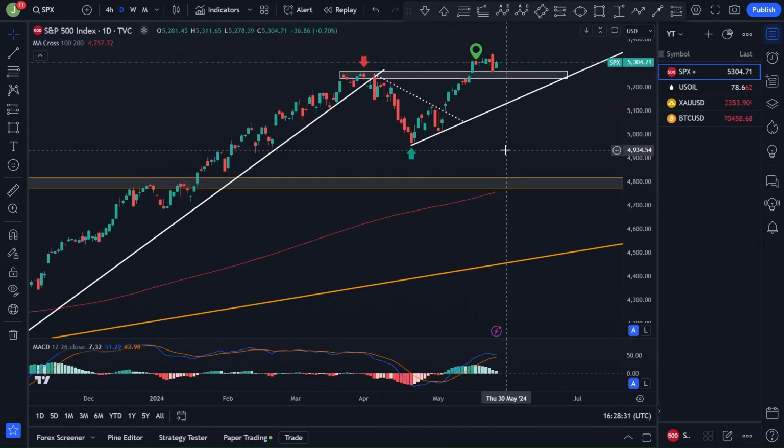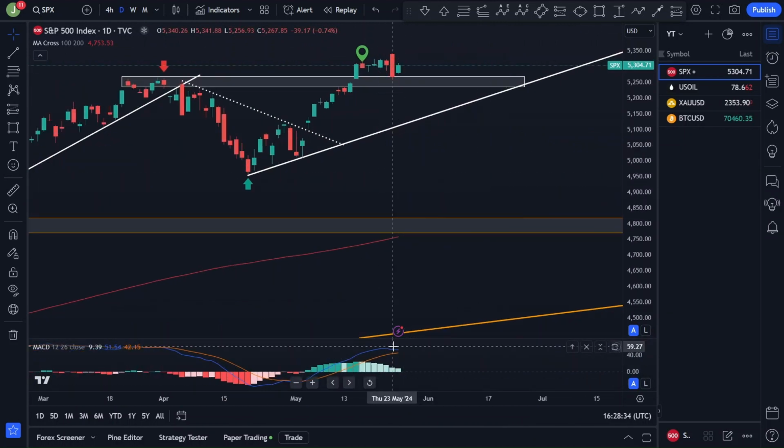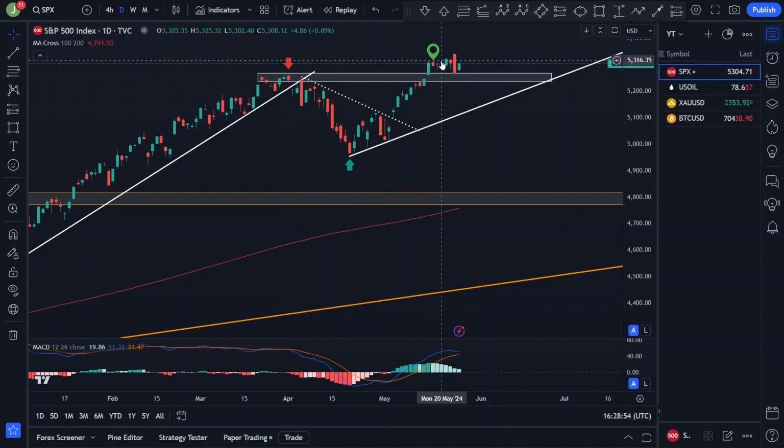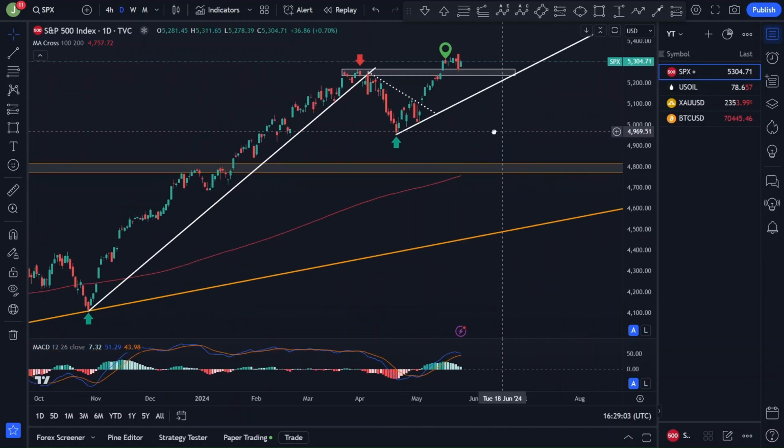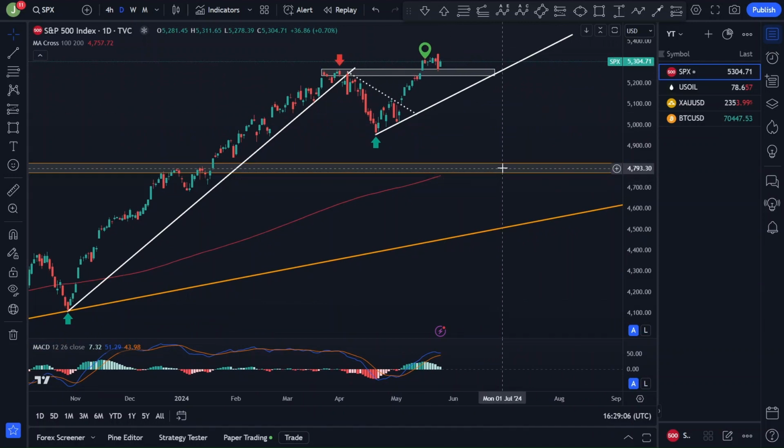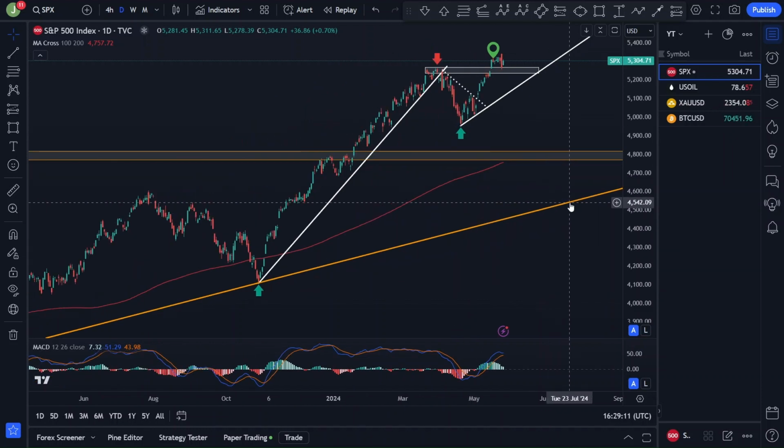On the daily, you can see it in more detail. The MACD is about to turn a little bit, but that can mean that we move a little bit more sideways around the last top, or we go all the way back to this daily uptrend line. This one we shouldn't lose. If so, there's the possibility that this was not the start of a new impulse, but a double top scenario, and then we will probably see prices decline more strongly, probably to this weekly support or resistance zone, or even to this weekly uptrend line.